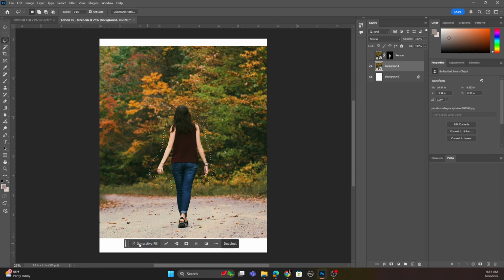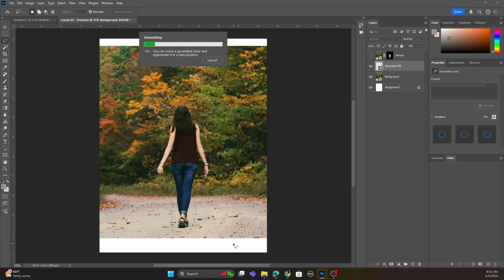From here, you're going to go into generative fill. So what this does is, and you just click generate, it's going to try to find what's around the area and best fill in what Photoshop thinks belongs in the middle if you're trying to get rid of the person, which in our case we're trying to get rid of the person. And so as soon as it's done,